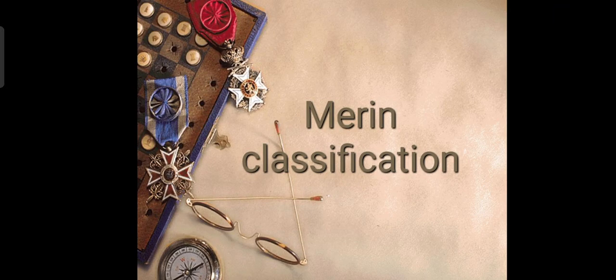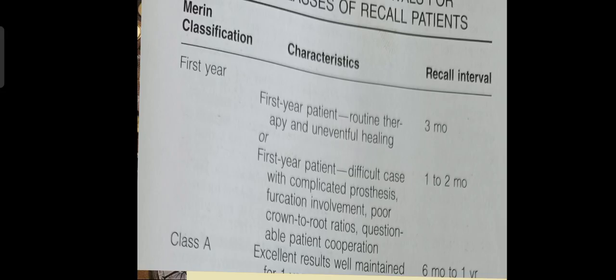Merin's classification. Merin classification is recall interval for various classes of recall patients. The first year after periodontal therapy is important in terms of training the patient in a recall pattern and reinforcing